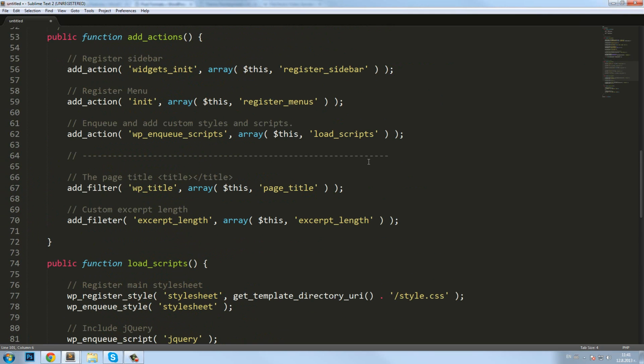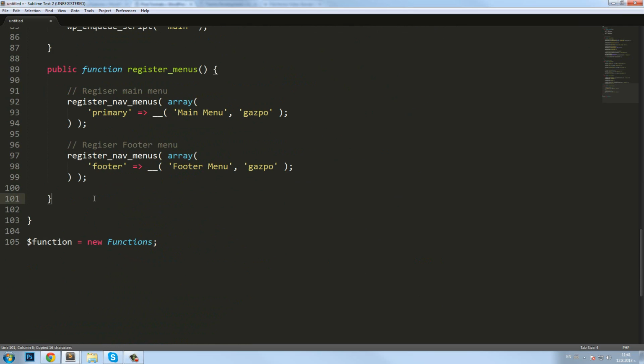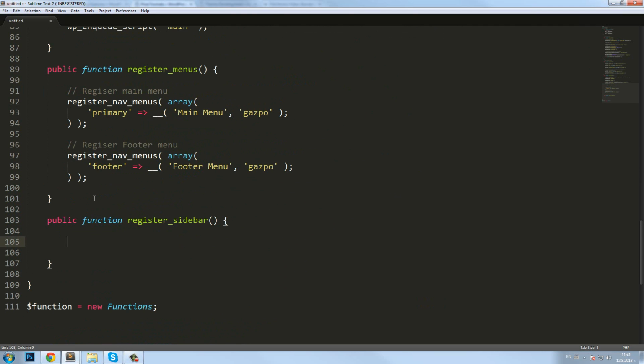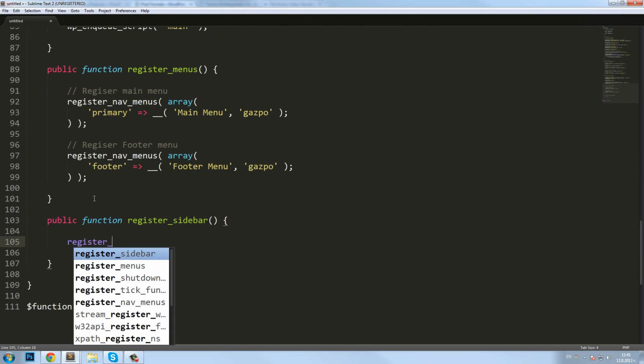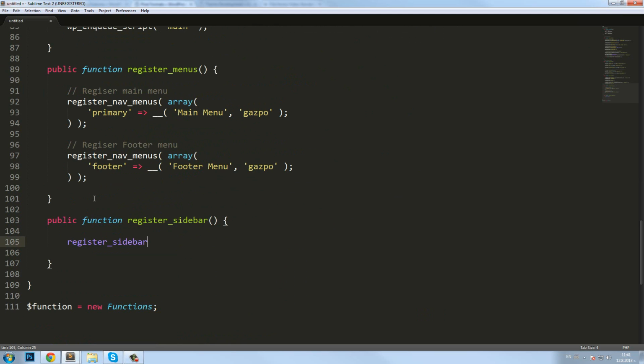Now, how to register our sidebars? Register sidebar. Public function register sidebar. The functions we need. Register sidebar. What else? Of course. And see, we have the same function over here and over here. But why we don't have problem? Because of the class. Because if we wanted to call this function and not this one, we'd have to write,